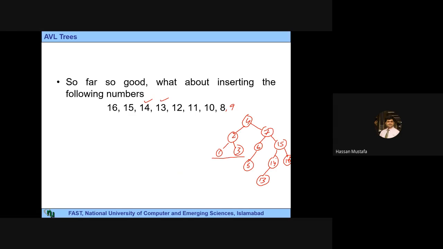तो लेट्स सी कि वेयर इज द इम्बैलेंस। सो पेरेंट को तो कभी चेक नहीं करना, हमेशा ग्रैंड पेरेंट से स्टार्ट करेंगे। ग्रैंड पेरेंट के देखें तो लेफ्ट और राइट पे वन का डिफरेंस है। सेवन का चेक करें तो लेफ्ट और राइट पे वन का डिफरेंस है। लेकिन नाउ इफ वी चेक फोर, तो फोर पे इम्बैलेंस मौजूद है जी।